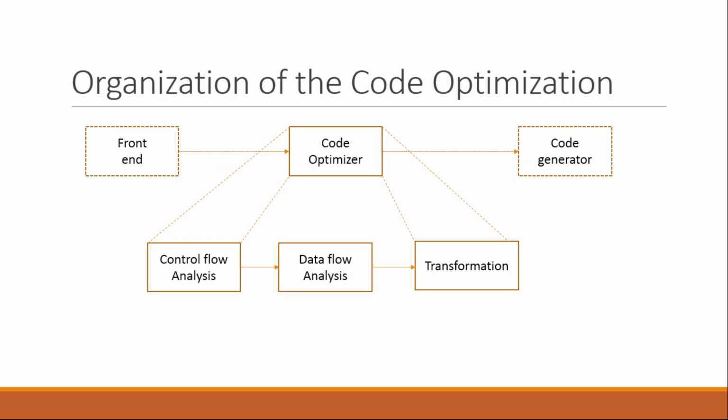So now the major task is the actual organization of our code optimization phase. As we discussed, there is the front end, the code generation phase, and in between we have a code optimization phase. Now, what is the major task and with which methodologies can your code be optimized? The first one is control flow analysis. Now, what is control flow analysis? As the name suggests, there is some analysis. Now, which type of analysis are there?